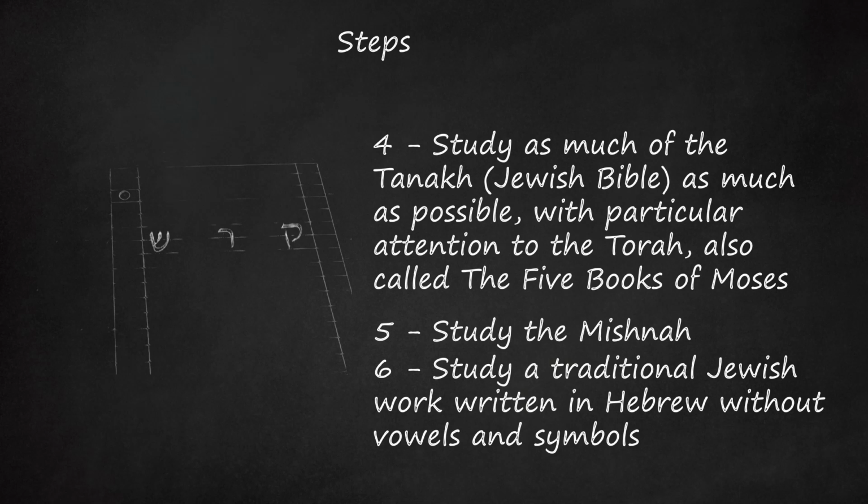A particularly good text to use for this purpose is the Restatement of Jewish Law by Moses Maimonides, known to traditional Jews as the Rambam. His book is known in Hebrew as Mishnah Torah. It is written in a Hebrew style similar to that of the Mishnah, and includes information that will be useful